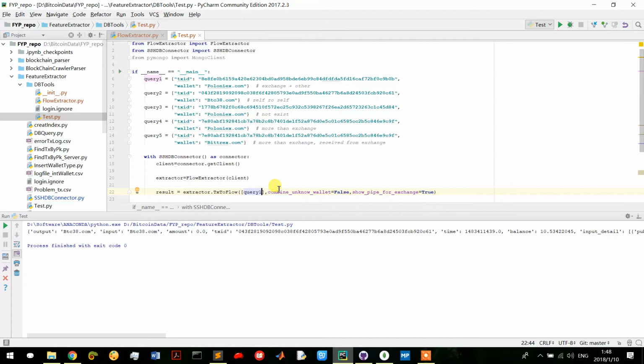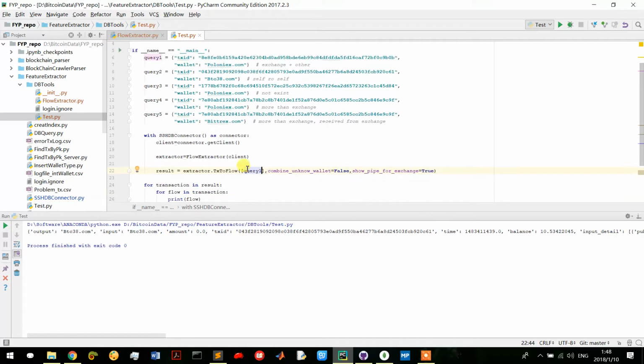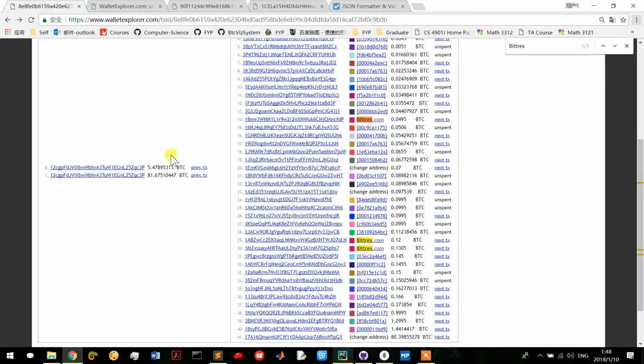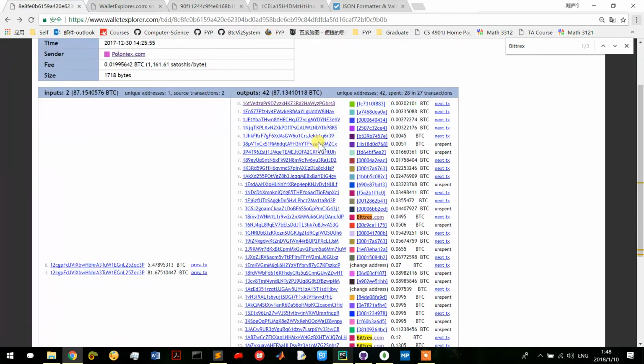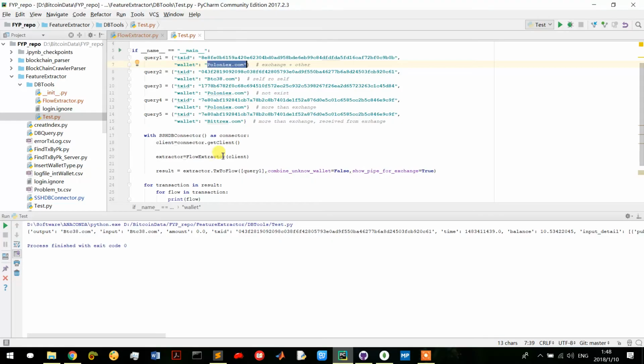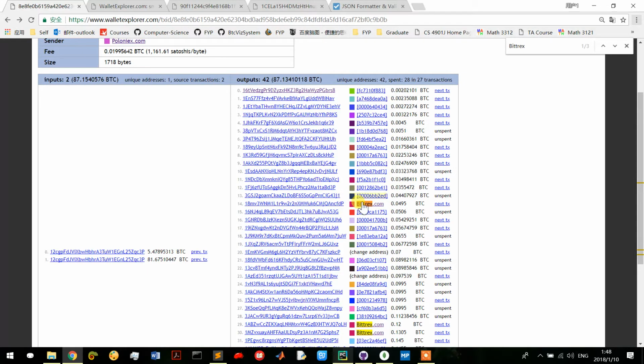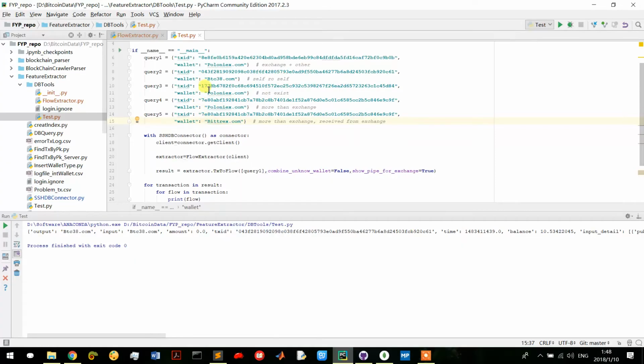All you need to do is pass in a list of query objects. Each object should be in this format. It should have a transaction ID and a wallet ID. Pay attention that this wallet ID should be the wallet that sends this transaction out, which means sends money to other people. You can also write this one here, but then it will only return you one flow, because for this transaction there's only one flow concerning